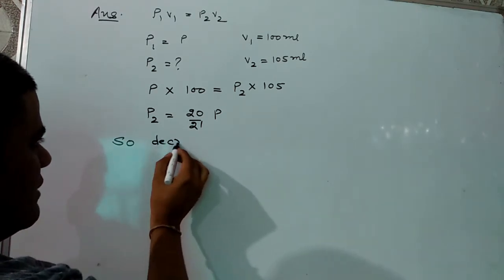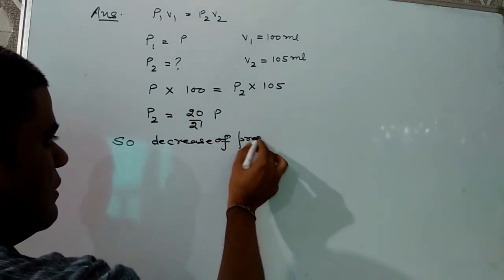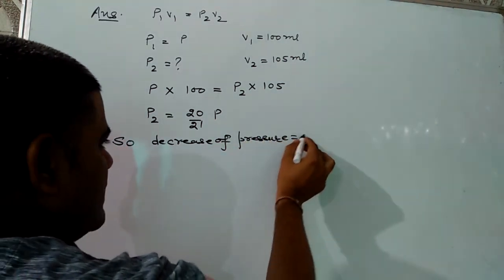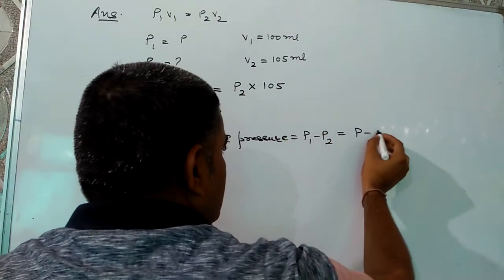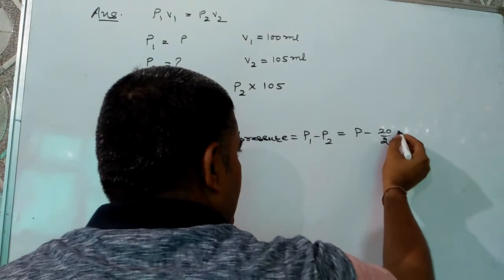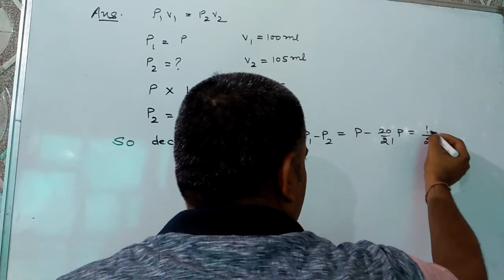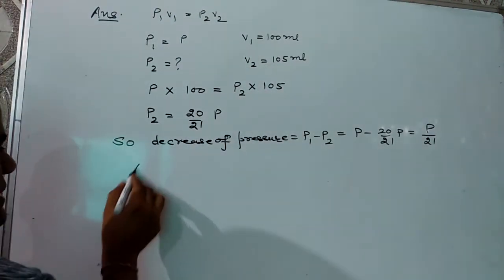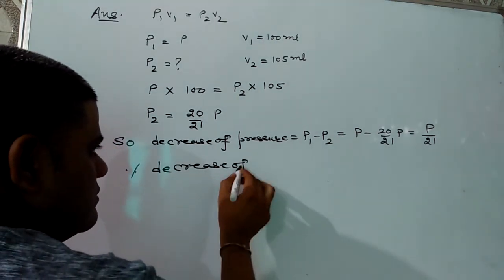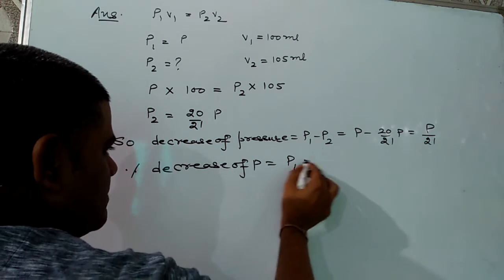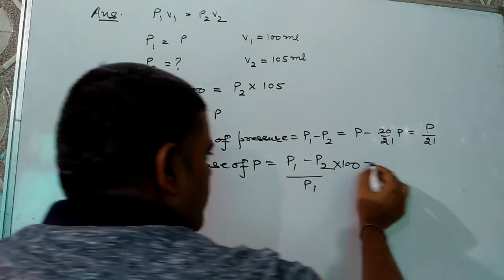So decrease of pressure will be P1 minus P2, and that should be equal to P minus 20 by 21 into P. That should be equal to 1 over 21 or P over 21. So percentage decrease will be equal to P1 minus P2 over P1 into 100. So that comes out to be 100 over 21,